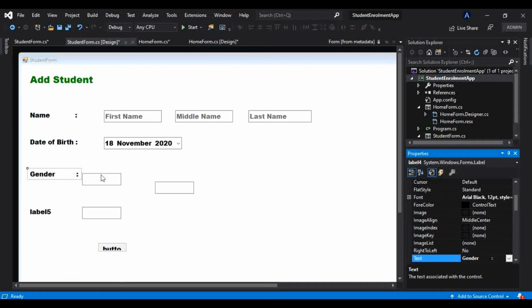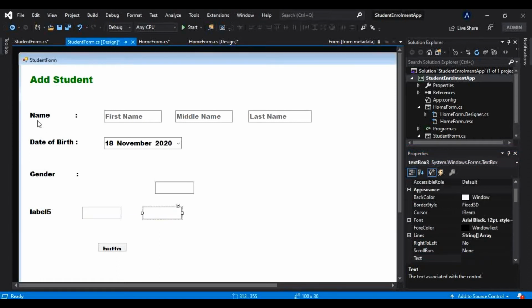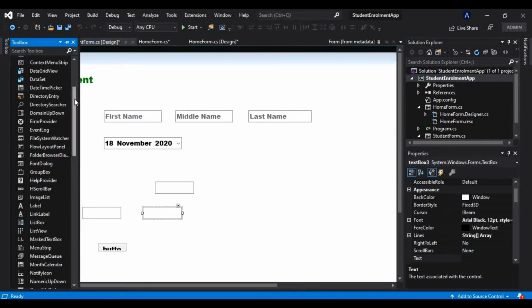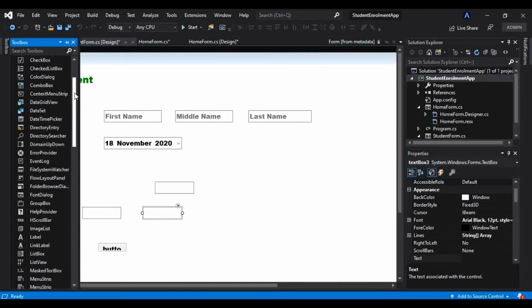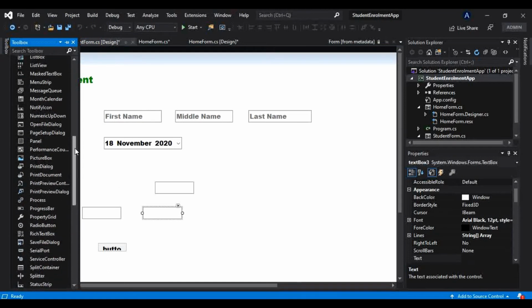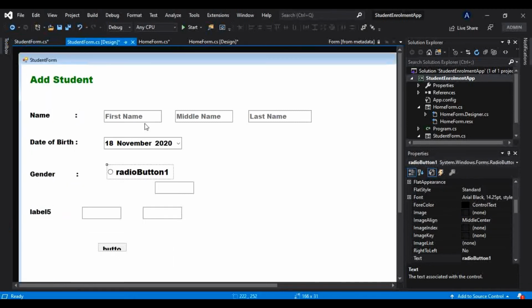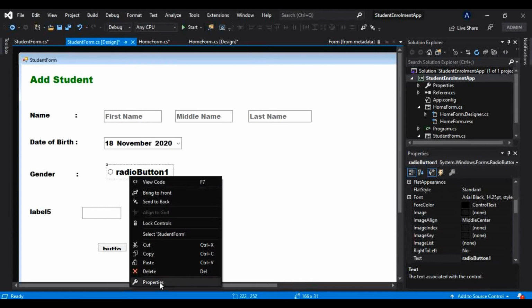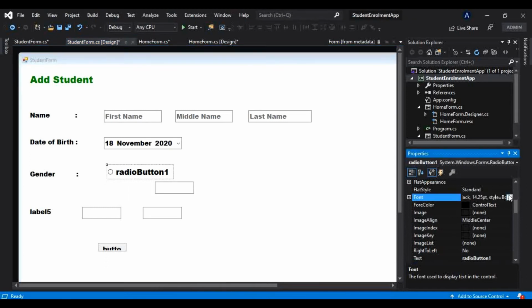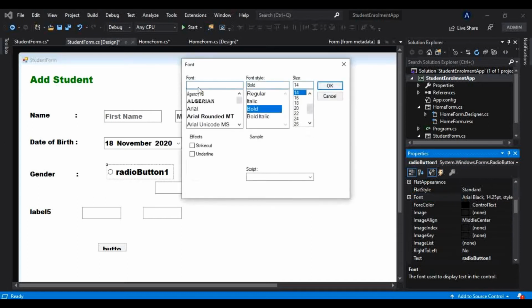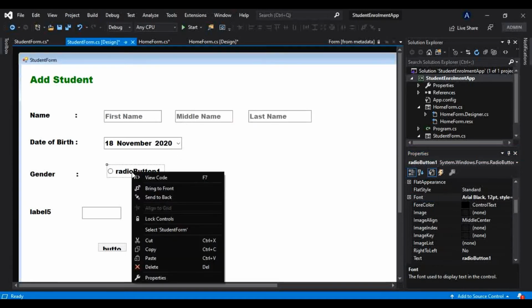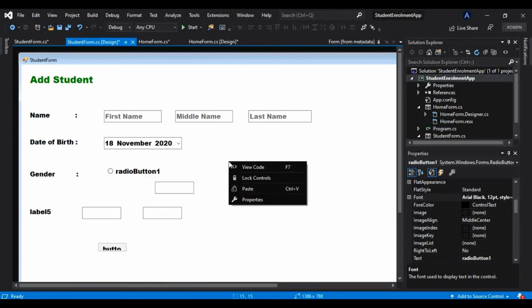Alright, and here I want a radio button instead of these text boxes, so I can choose that from here, that is radio button, and I want two radio buttons. And let me make this font again to 12, Arial Black and 12. Okay, and I will just copy this only, and I will paste that here,